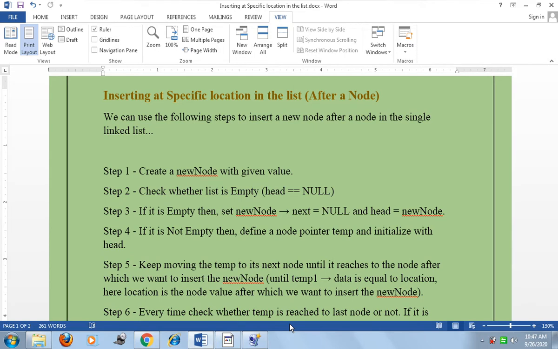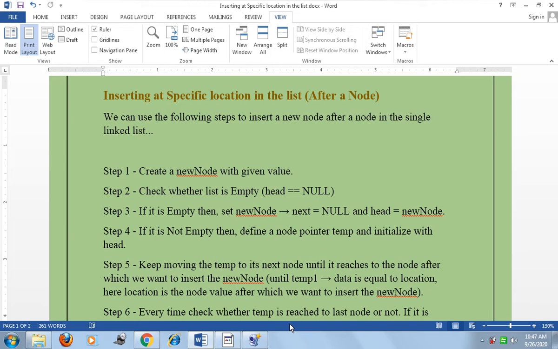So friend, we are going to discuss the singly linked list. A linked list is nothing but a one-way list. It is a linear collection of data elements called nodes, and each node is divided into two parts. The first part contains the information of the element, that is, the data or value of the element, and the second part is called the link field or next pointer field, which contains the address of the next node in the list.